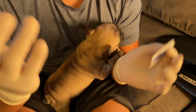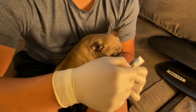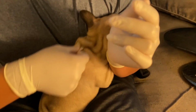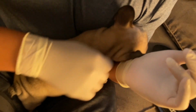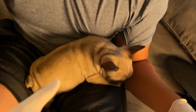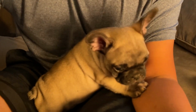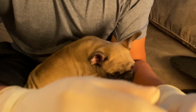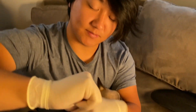So I don't contaminate my gloves, it's not dirty, so therefore, you just don't want a chance to infect the injection site. So me, I like to double swab with the alcohol prep pad, and then I wait, so it should dry up by the time I'm done mixing up the dose for the shots. So all right, and then this is just common sense for you guys, but yep, just open that